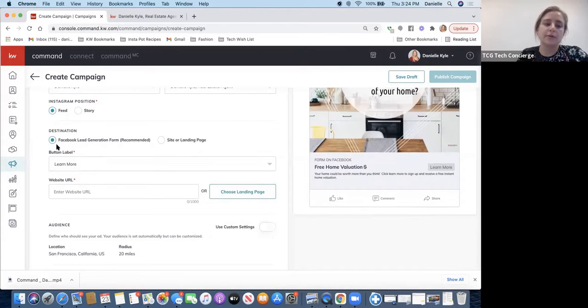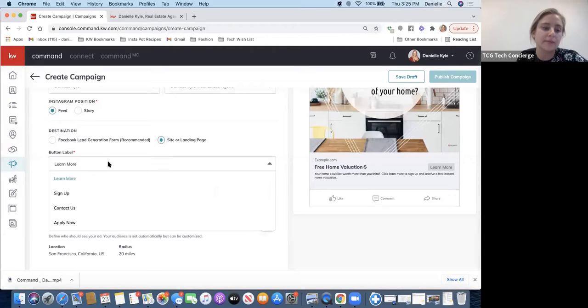Destination. So this is defaulting to use the Facebook lead generation form recommended, that's what's going to serve them the contact form from Facebook right away. And as we went over earlier, I don't want them to have to fill out their information 2 times, once for Facebook and then for Cloud CMA. Instead, I'm just going to direct them to the Cloud CMA landing page, and they're going to fill that out. And my lead's going to come via email. And I'm going to click,